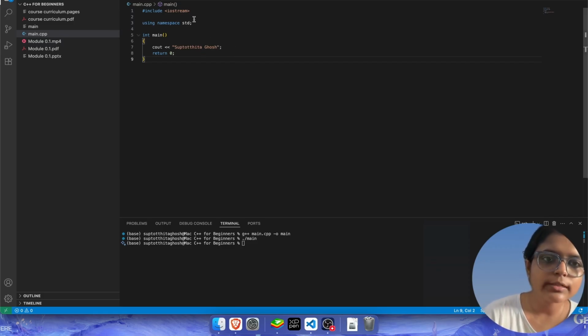And yes, every statement in C++ should end with a semicolon. We'll get to this later, but I still want to say this. Every statement that should be executed should end in a semicolon. You see, using namespace std is also ending with a semicolon. But include iostream and int main are different things.